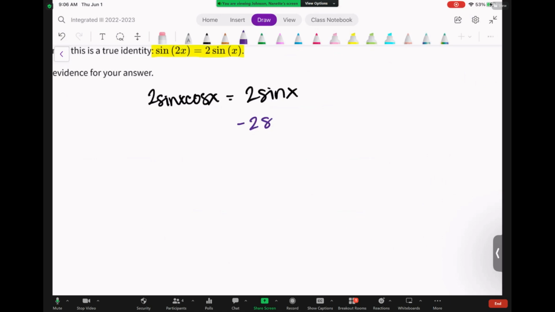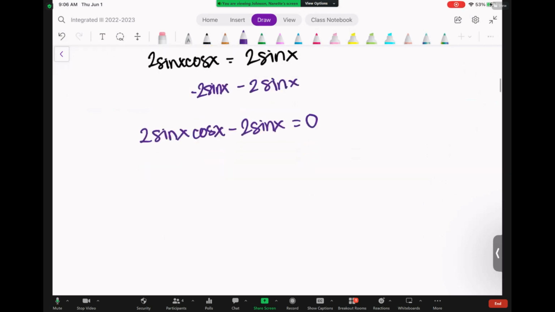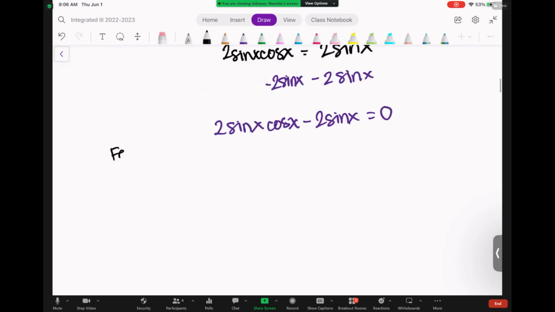So I subtract 2 sine x, subtract 2 sine x, and I get 2 sine x cosine x minus 2 sine x equals 0. So then again, I'm going to factor out the greatest common factor. So I'll leave you some directions here. So factor out